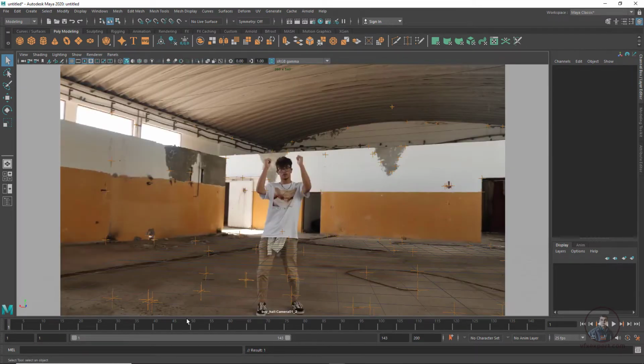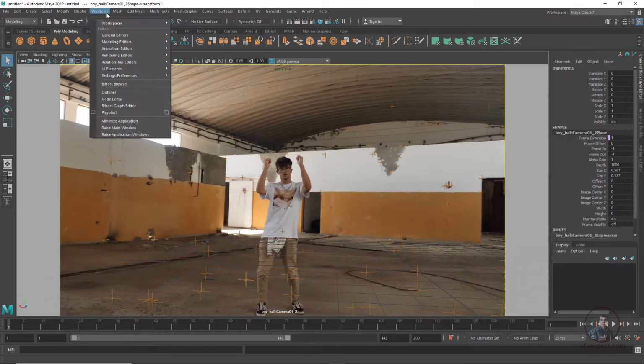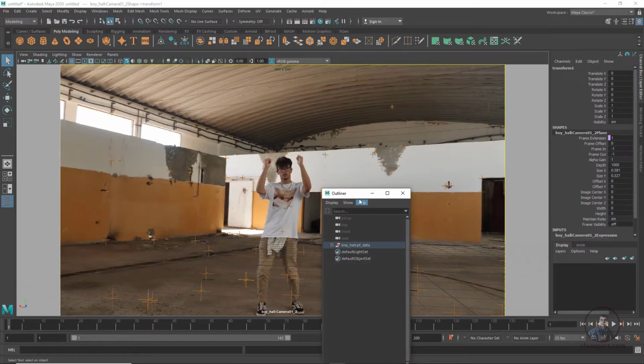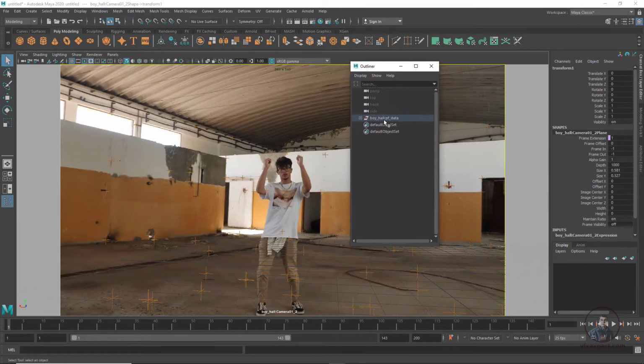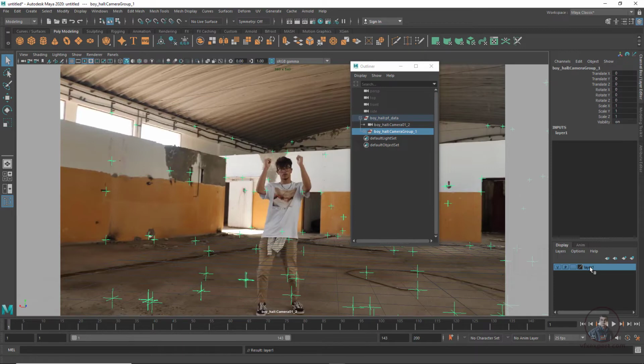camera view here. So easily you can see these are our locators and this is our grid here. So now first open our outliner here, click on window, outliner. Now here you can actually see this is our scene group. Inside this is our points group and this is our camera. So just a little bit, assign some objects in our display layer here. So just select this point group and just click here and just give a name, locator.